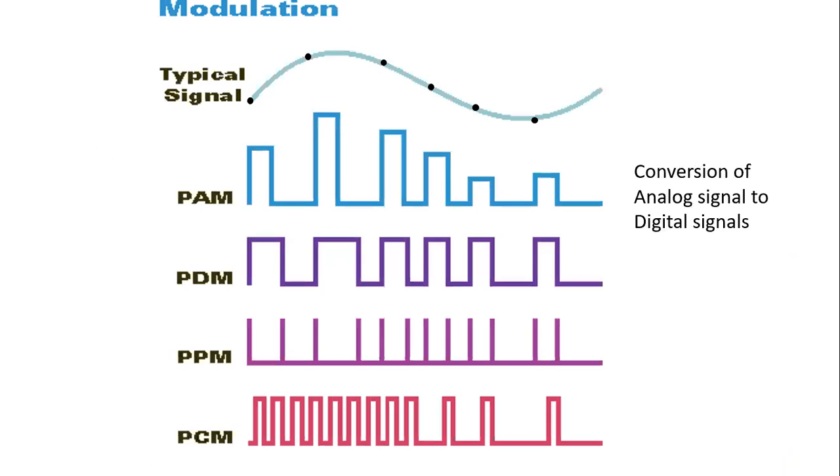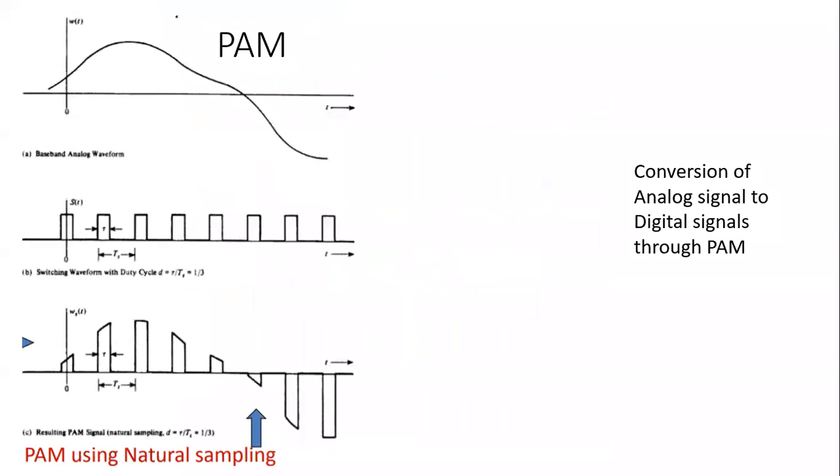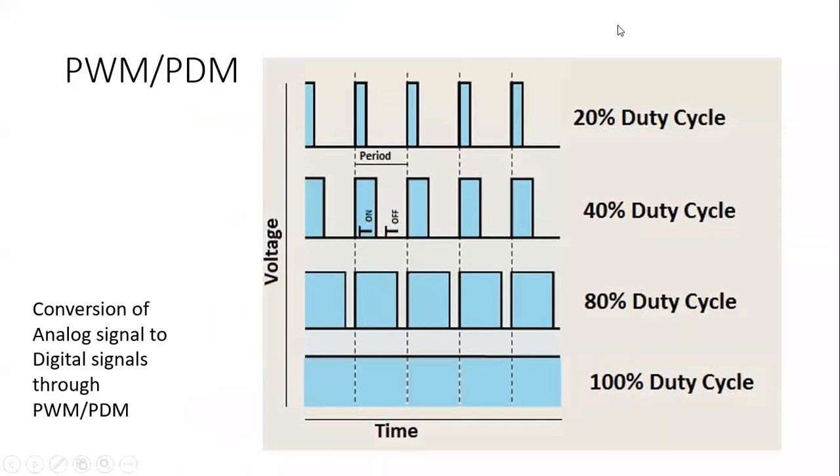Here, as we have seen earlier, the width is getting varied with respect to the sampling point, or with respect to the amplitude of that sampling point. Now here, depending upon what width we are picking up, the entire further process of conversion will be affected. If you take the duty cycle as 20%, now you know what duty cycle is. Duty cycle is basically T on plus T off. Here the on part is smaller and the off part is bigger, so we are calling it 20% duty cycle.